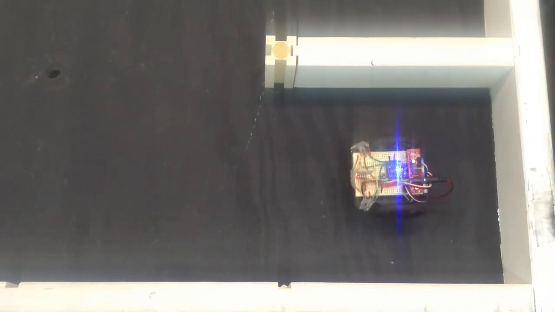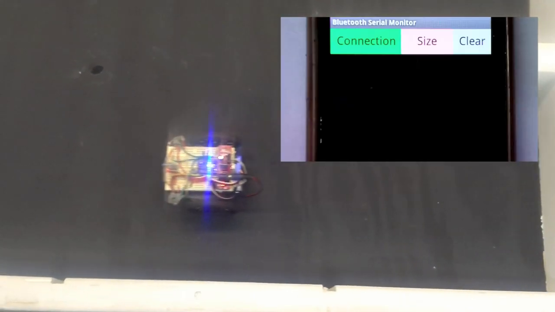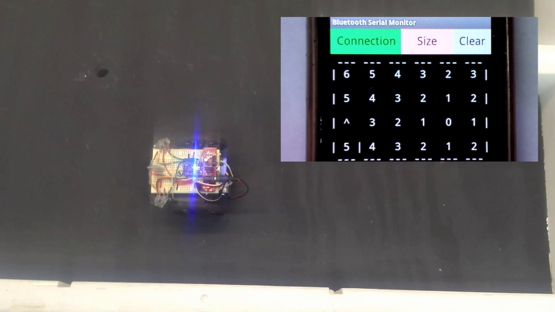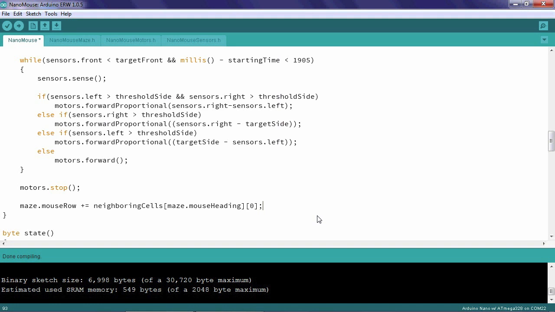And here you can see our code is working correctly. The maze printed to the serial monitor shows the robot has moved 1 cell to the north. Right now your robot only updates its position when it moves north or south, when it changes rows. In order to get the same functionality for east and westward movement, you're going to have to add another line of code right below the one we just wrote